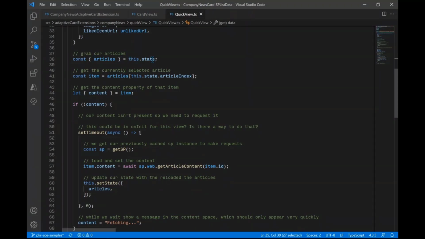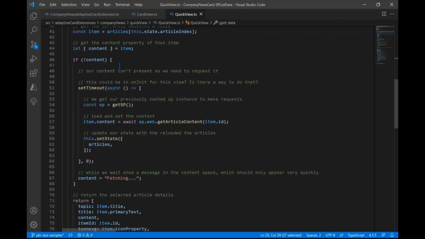So we're going to grab our articles out of the state. We're going to get the current item out of those articles based on the article index. We're going to grab the content from that item. Now, to save bandwidth, we're lazy loading the content. So we're lazy loading that big hunk of content, that big HTML block you saw, only when we actually click on and select